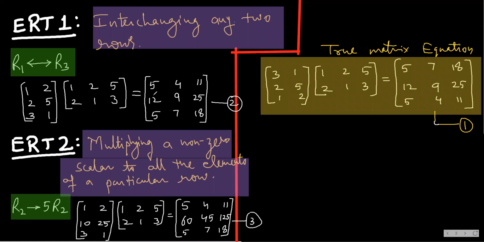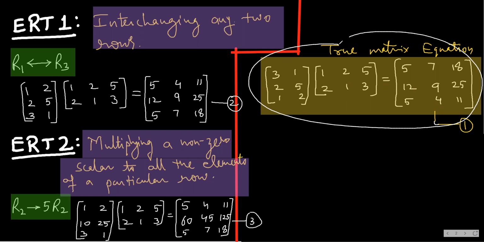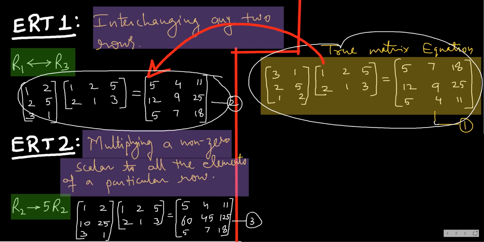So now after ERT1 and ERT2, the last one and the next one is ERT3. And remember one thing, students, see what I did. I had this equation in the beginning. I applied ERT1 on this, and since this was true, I got another true equation. Then I applied ERT2 on this, and I got this equation, which is again true. And then finally, I got this also as true.